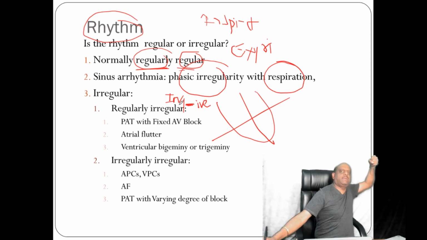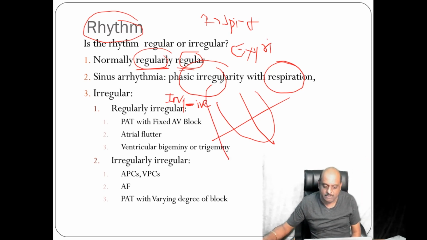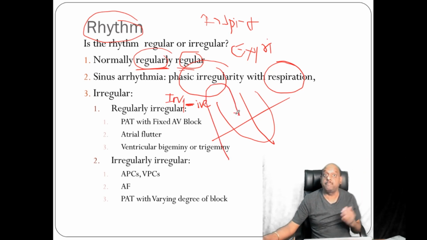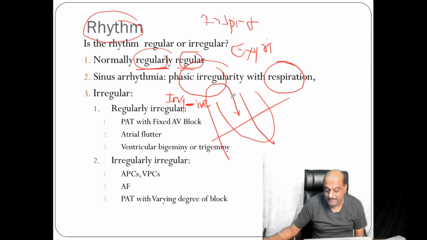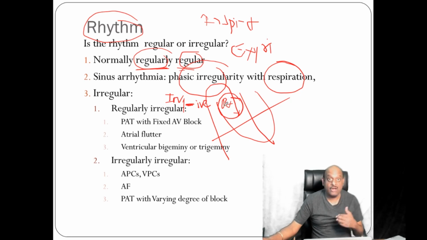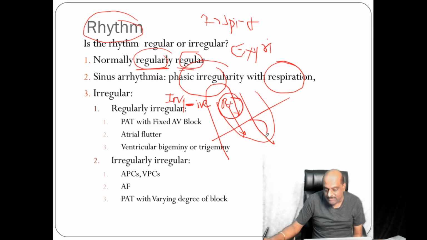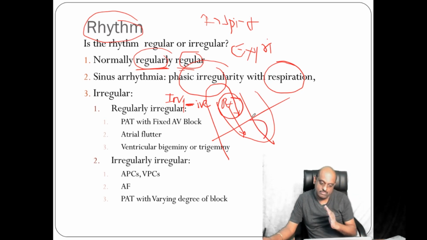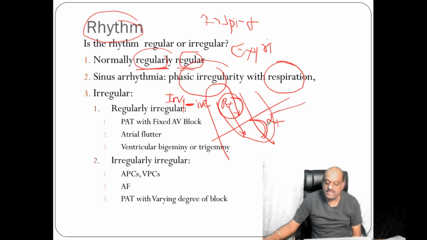It will suck the blood. It will suck the blood from the great veins and pours it into the heart. So all the great veins drain into which part of the heart? Right side of the heart. So the right side of the heart will have more amount of the blood, right atrium and right ventricle. That will make the interventricular septum to twist into the left side. So that is the reason what happened.